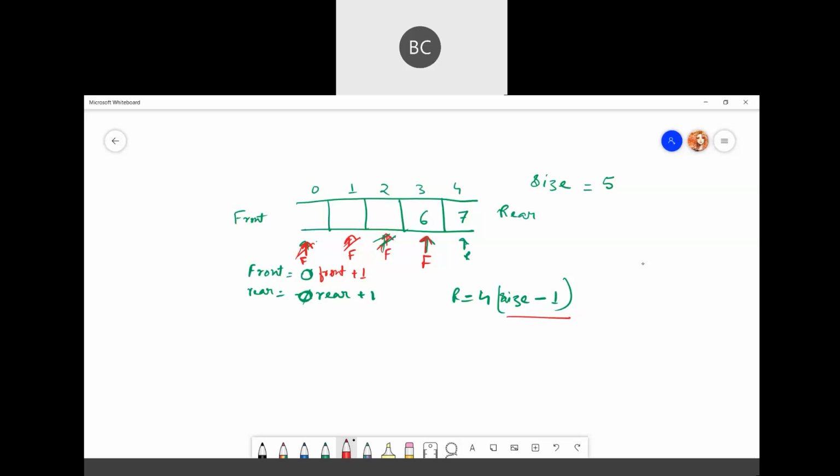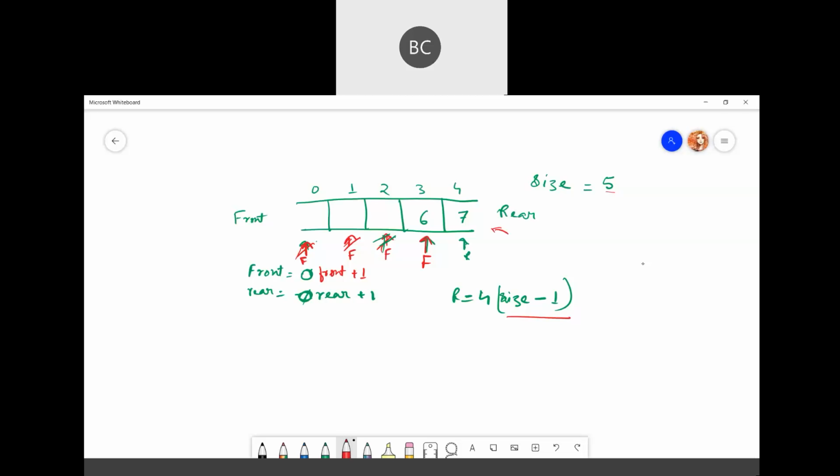So, even though there is space available in front, we cannot add any item, because whenever we add something, we check the overflow condition, right? What's the overflow condition? That means rear will be at the last position. Size is 5, and rear is at the last position. That means we can add an item from the rear end only, but rear is at the last position. That means it will show the queue is full, so we cannot add any item. So all this space will just be wasted.